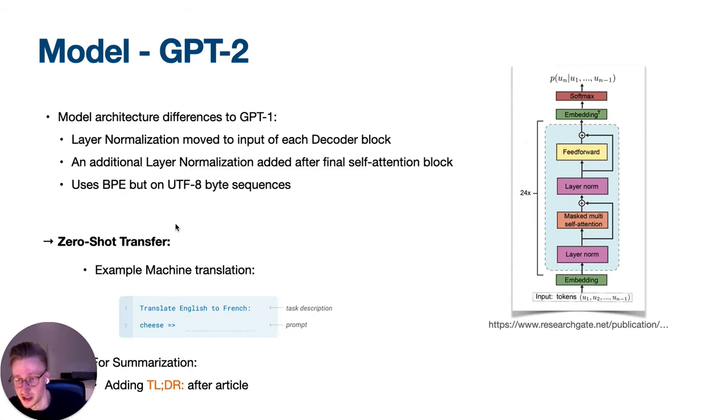But for a lot of tasks, you still had to fine-tune GPT-2 with a supervised data set to get good performances. That's not the case with GPT-3. It got quite good performances out of the box, just with the pre-trained model. And also it isn't even possible right now to fine-tune GPT-3 because OpenAI doesn't allow it with their current API access.